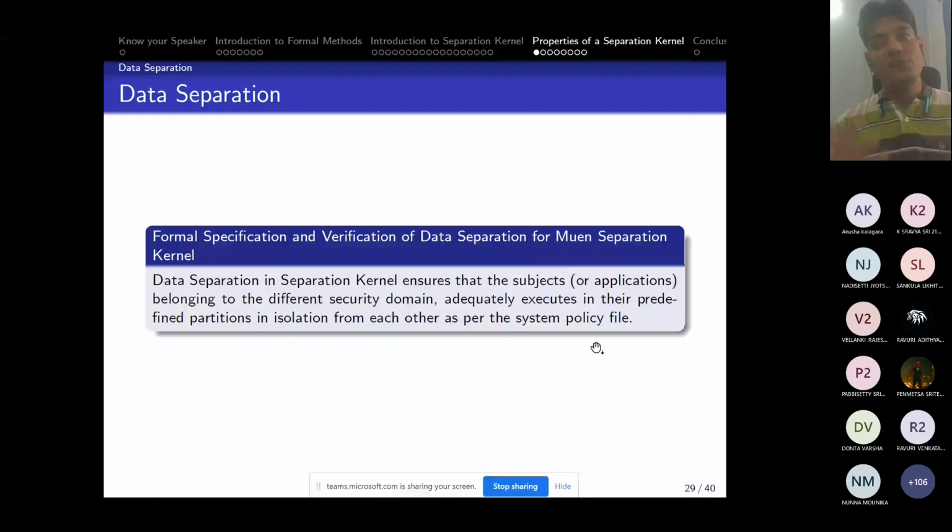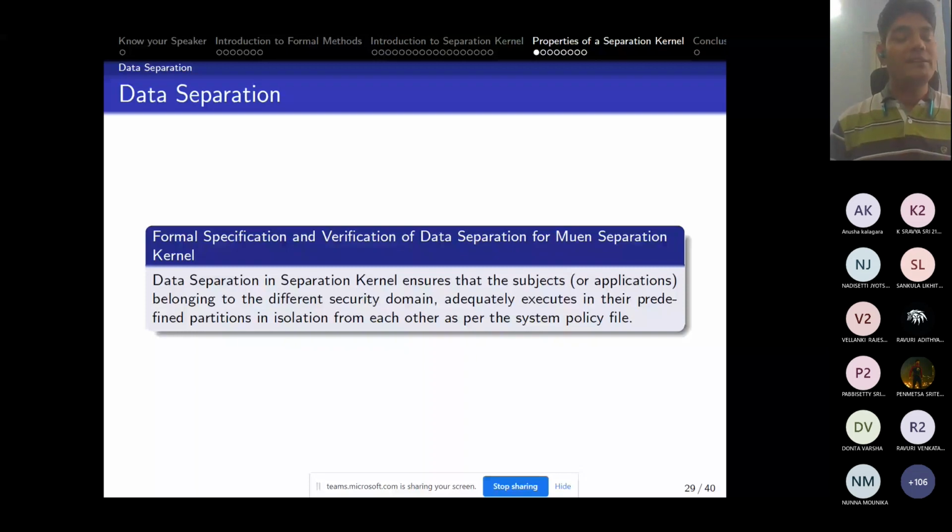For example, let's say you have many applications to execute, and in the policy file I have given partition number 1 for subject 1 and partition number 2 for subject 2.